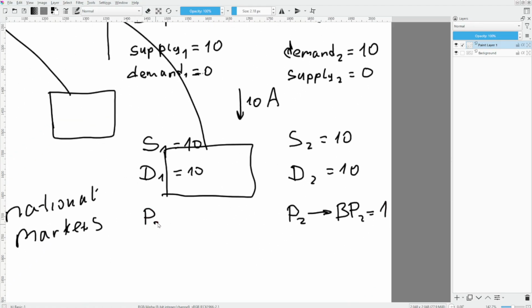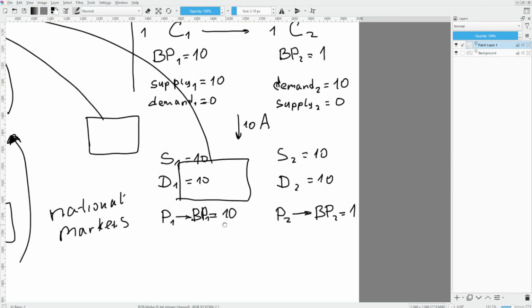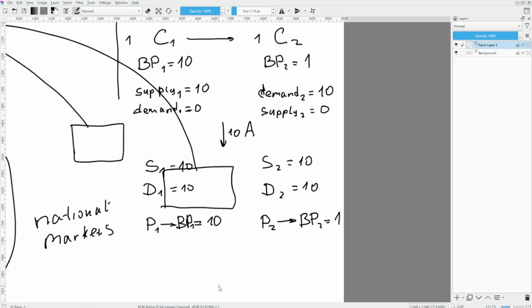And here we have price 1 tending to base price 1, which is equal to 10. So in the perfect situation where we have resolved the supply-demand imbalance and everyone is, well, kind of happy and doesn't want to change anything in their situation, we have